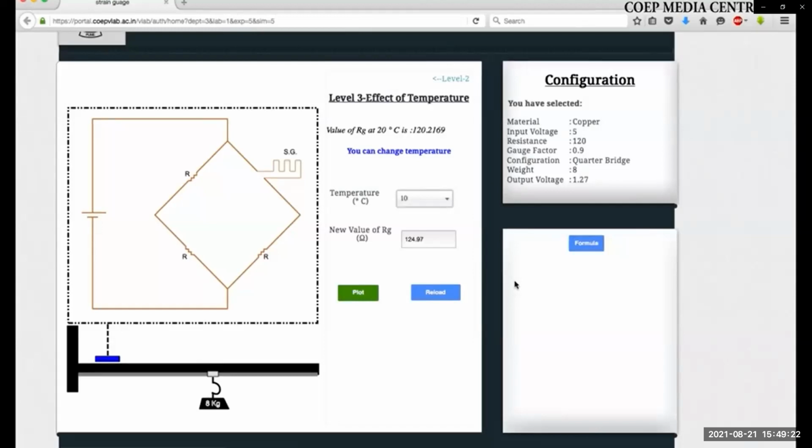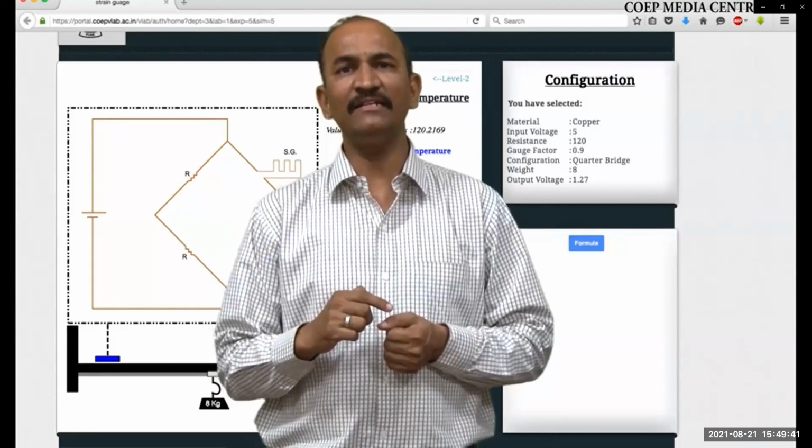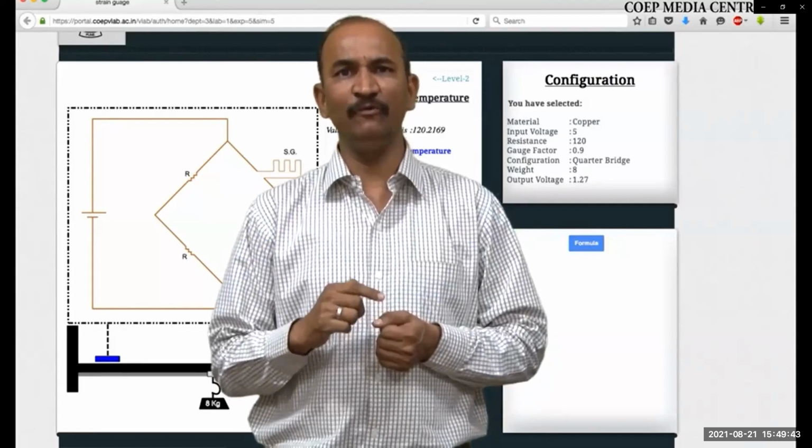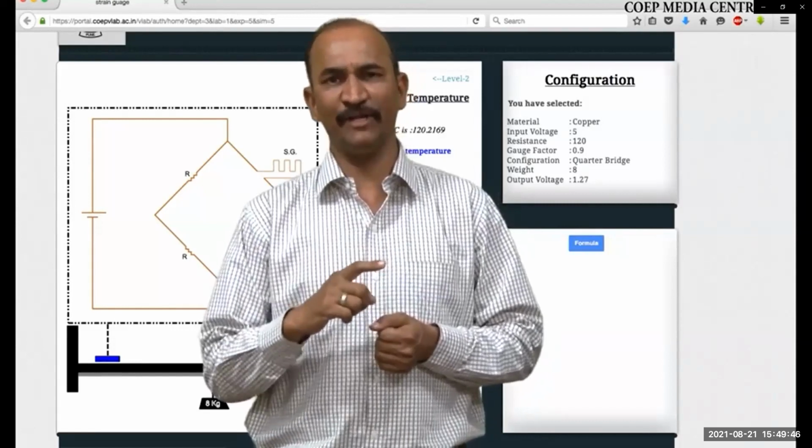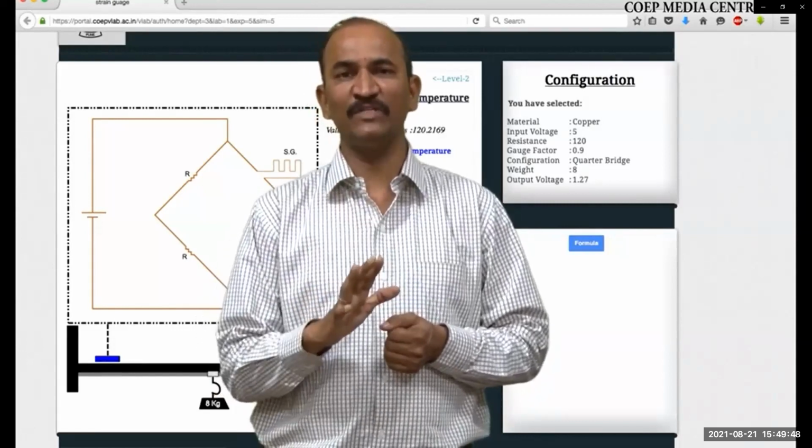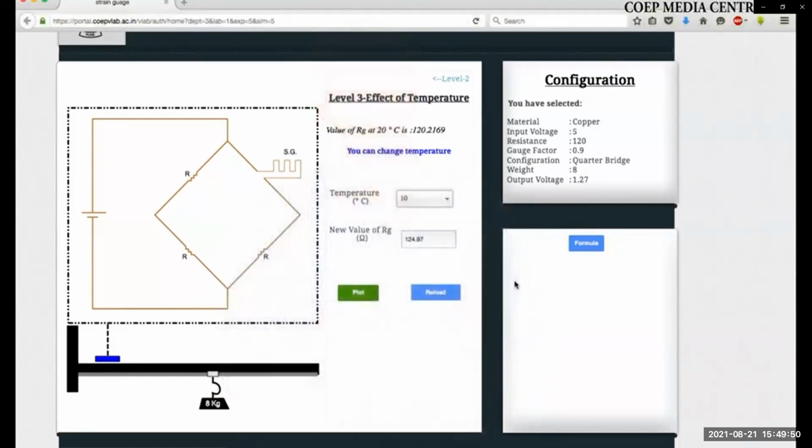One is the bridge configuration, it's called level 1. Level 2 is the position of the weight, and level 3 means the effect of temperature on the performance of the strain gauge. Now this calculation will clearly reveal that there is an effect of change in temperature on the performance of the strain gauge. Hence, if you are measuring strain,